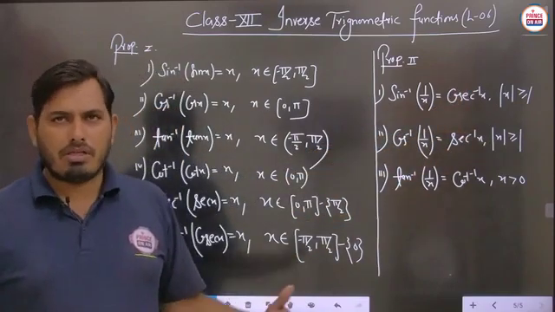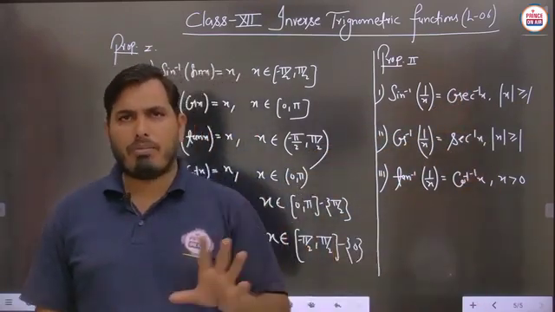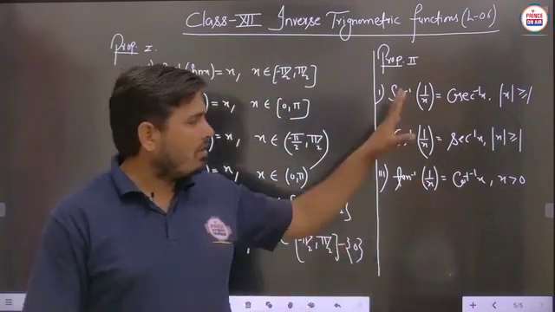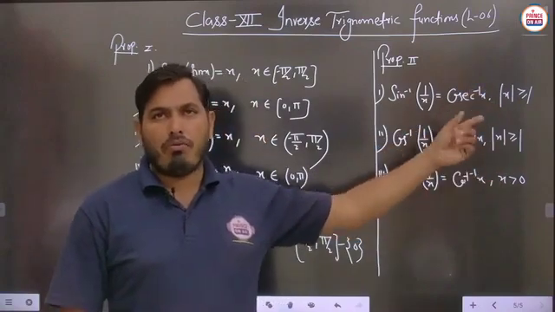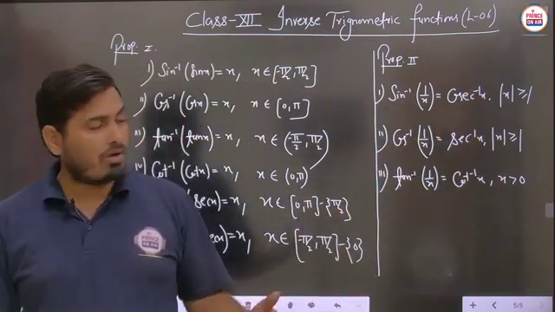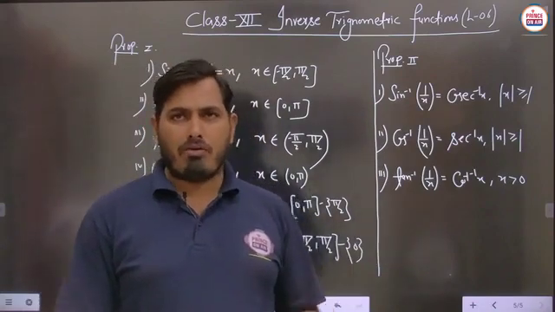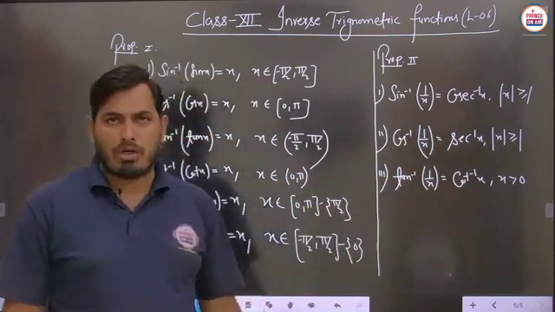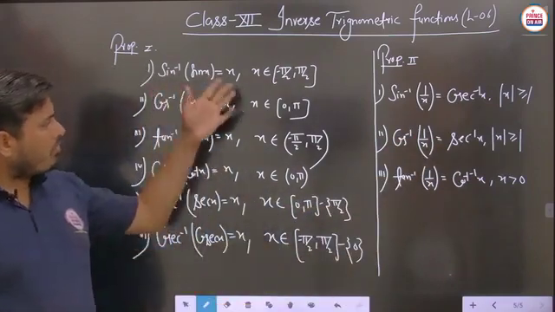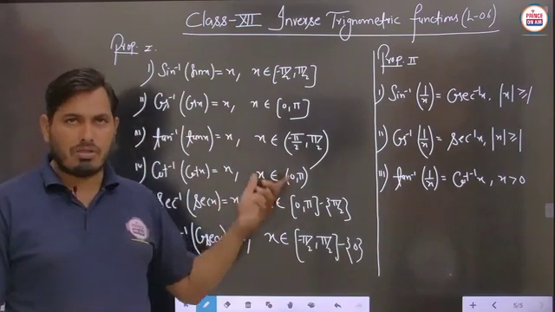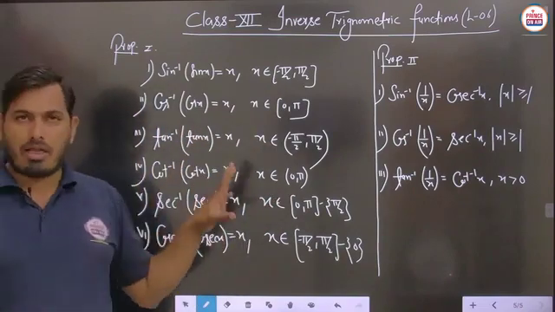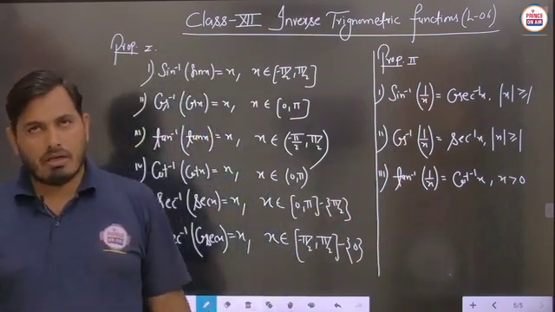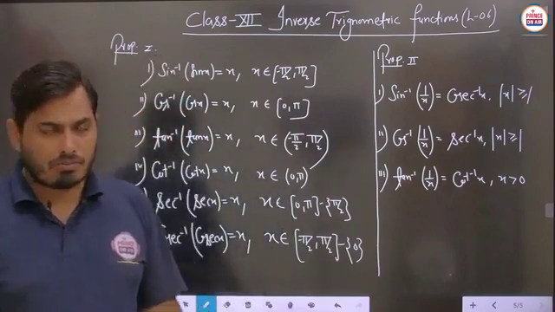Is it clear? These are not said to be included in your NCERT, but we have to keep them in mind, so that we understand why these types of conditions arise and how we will write them, and in which cases these conditions are valid and in which they are not applicable. Each and everything we have to discuss. So students, before the explanation of this property, pause the video to note it down. Property number 1, I think you have already written, because we discussed the basic details of that property in the previous videos, but here you just have to note down property number 2, and we will provide the explanation of this part.